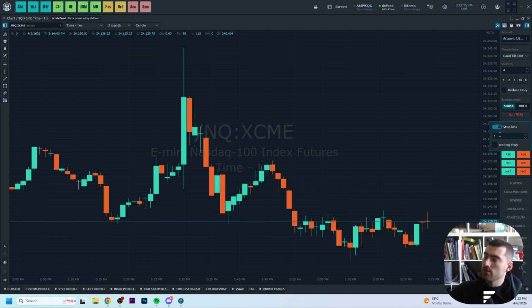Now we can fill in how many ticks it needs to go down. If you want to do that for 1 tick, you can, but we can also do this for 10 ticks. Then we click here, and now we have enabled the stop loss with 10 ticks. Now if we click on market buy and confirm with yes, we created ourselves a stop loss